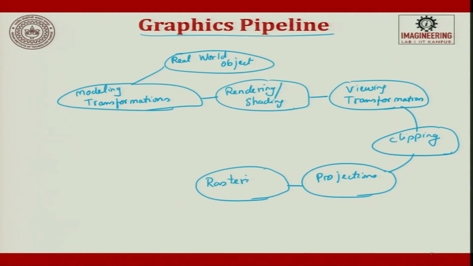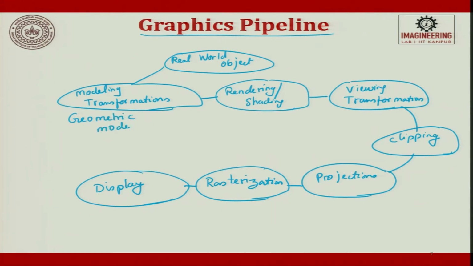How are you going to represent it on a screen? Rasterization. And then finally, you will see the display on the screen. So, here we will talk about geometric modeling, wherein which we do,